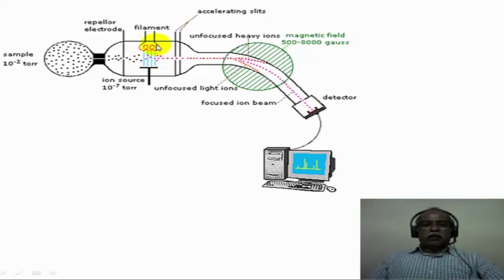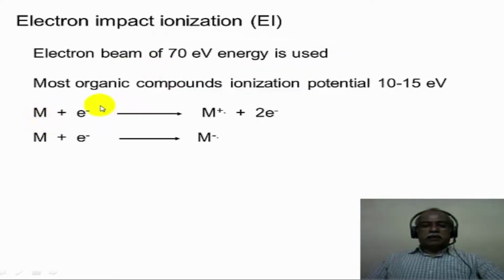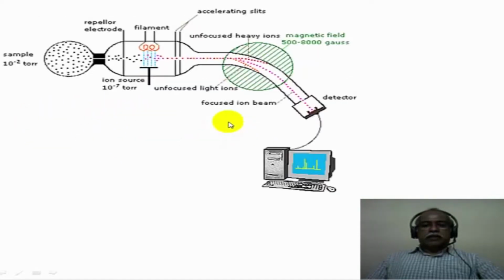There are two electrodes. One of them is a heated filament which produces the electrons of high energy, which get attracted to the negative electrode of the combination of electrodes that you have here. The sample essentially passes through a slit in this electrode here, and this sample is brought under the stream of electrons which have high energy, and this is the process by which the ionization takes place. And these equations represent the chemistry that is taking place in this region of the ionization chamber of the mass spectrometer.